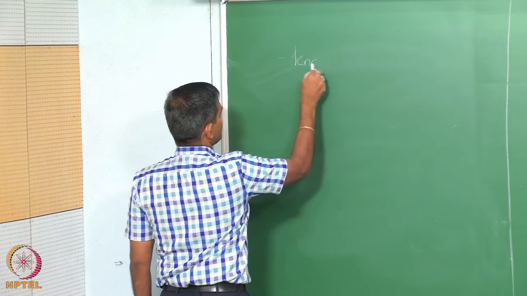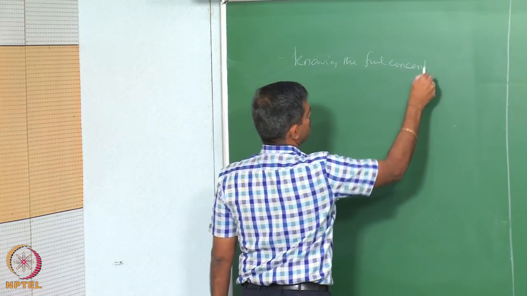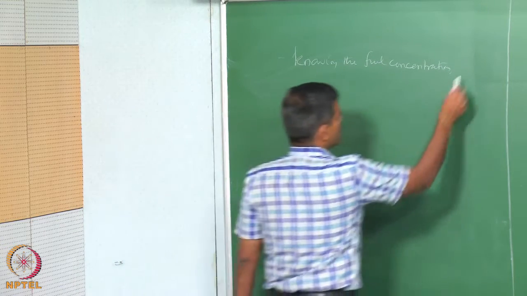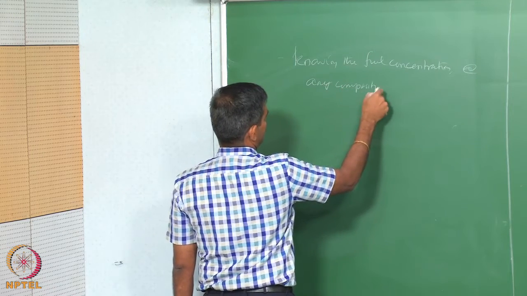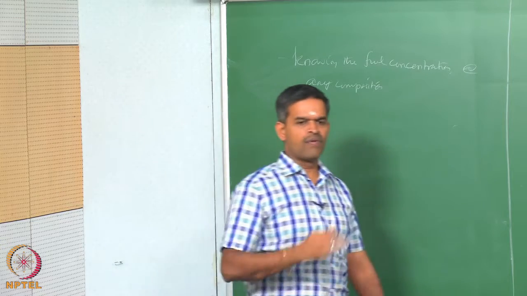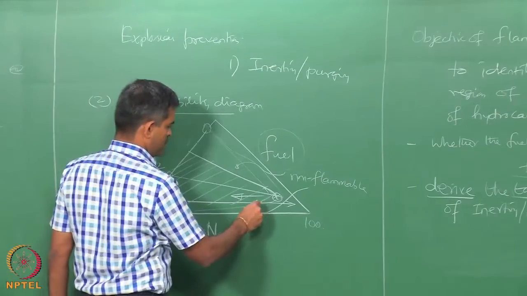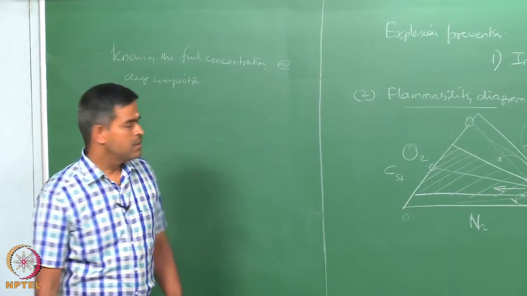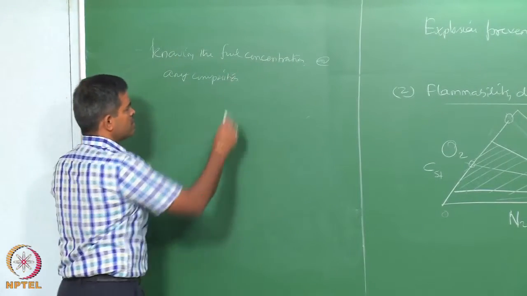Therefore, knowing the fuel concentration at any given composition, because the composition may keep on changing depending upon the operational temperature and pressure, and we all know the flammability characteristics like upper flammability limit and lower flammability limit. These are the points which will govern the nose area. They are a function of temperature and pressure. Therefore, at any given composition, if you know the fuel concentration, then